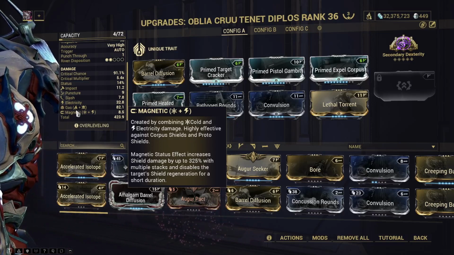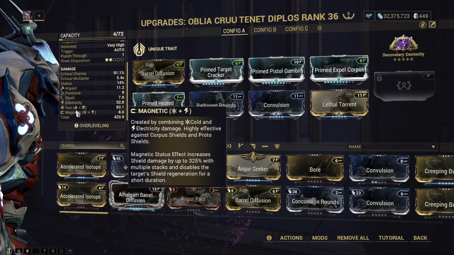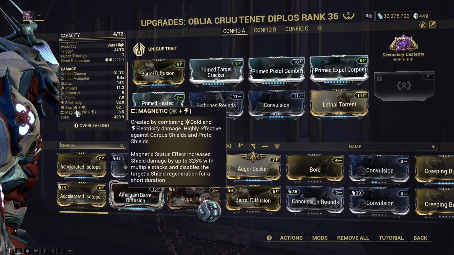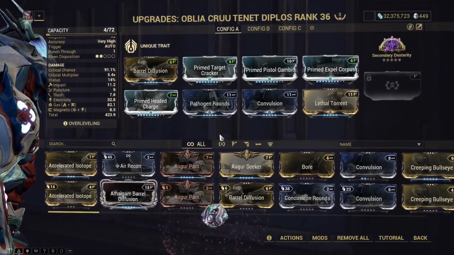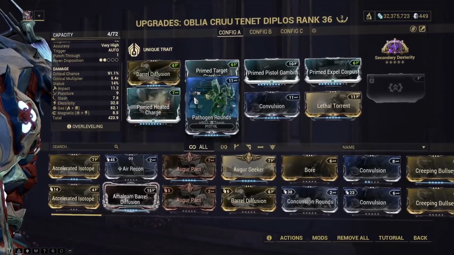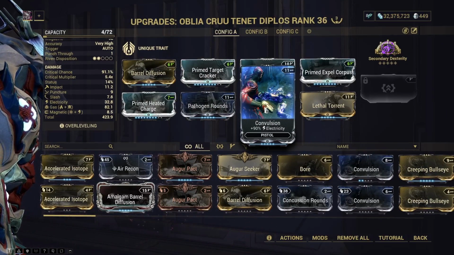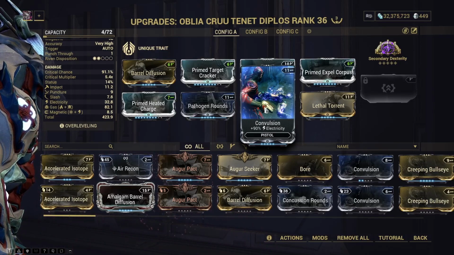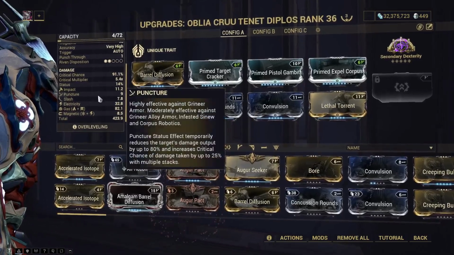system. I would recommend getting a 60% Tenet Diplos. I think mine's only like 36 or something. So mine isn't as effective as it could be, but it doesn't need to be to beat Profiteer, as you would have seen in this video. In addition to that, we are also modding for gas and electricity. So that gives us an additional 3 of the 13 damage types paired with Balazar, making us up to 9 of the 13 now. You'll notice that Tenet Diplos also does impact, slash, and puncture, so you can also do